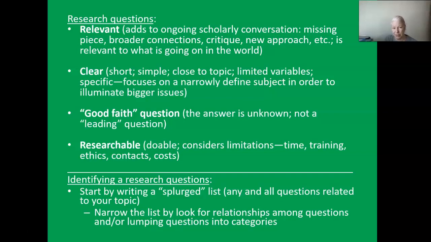Now, in terms of the process of getting to a good research question, one technique that I think is useful, especially if you're struggling with figuring out a research question, which I have at the bottom of the slide here, is that it sometimes helps to start by writing what some people call a splurged list, which means don't try to zero in on one perfect question, but just write out every question you can possibly come up with about your topic, like a big laundry list of questions, right? So that's a way to just sort of think through what do I want to know